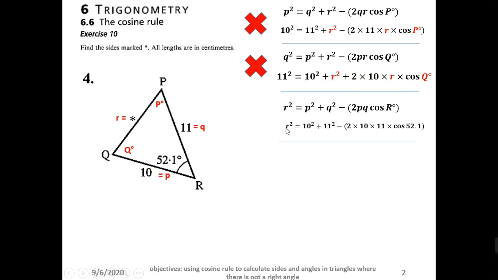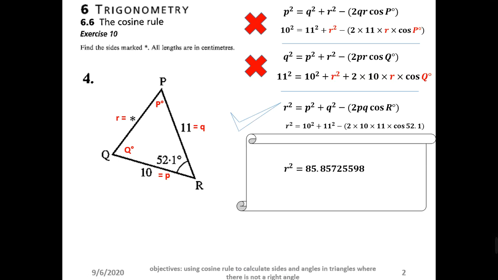The last one, R squared is equal to 10 squared. The other two sides, 10 squared plus 11 squared minus, inside brackets, 2 times 10 times 11 times cosine R capital, which is 52.1. This one can be inserted directly in the calculator, and R squared is going to be 85.85. Square root each side because you want to find the R. So you're going to end with